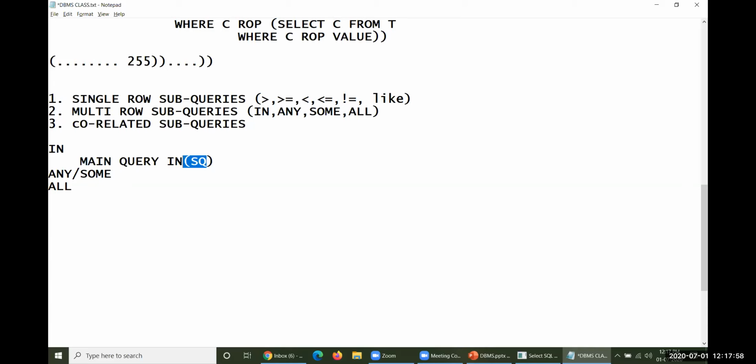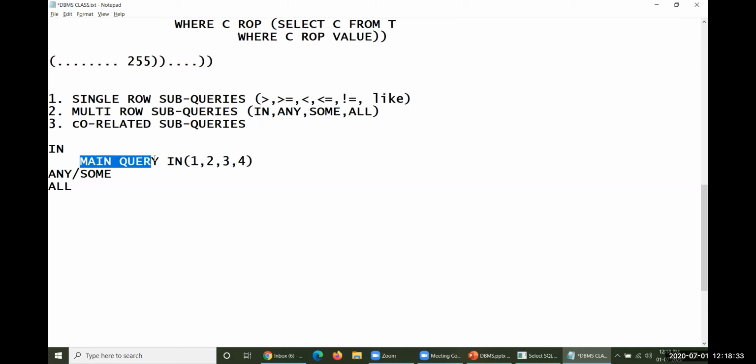This subquery might return more than one value here. For example, value 1, value 2, value 3, value 4. For example, 4 values could be returned here. So what exactly the main query could do here, in the sense, it could compare, so equal to 1 or equal to 2 or equal to 3 or equal to 4. I'm taking this example in such a way that the first value is number 1, number 2, number 3, number 4, something like this. Based on that, I have taken it into consideration here.